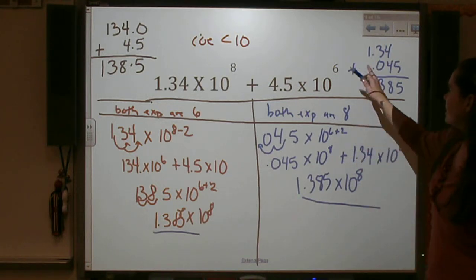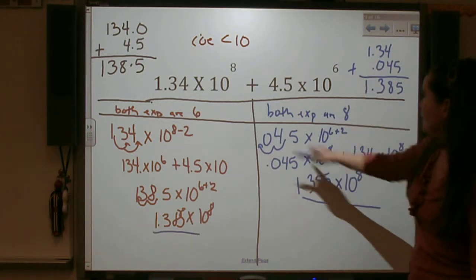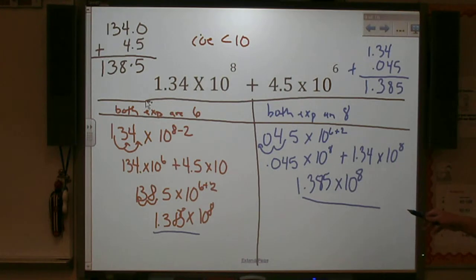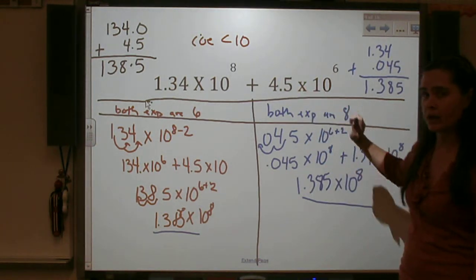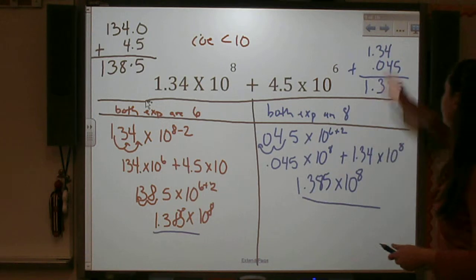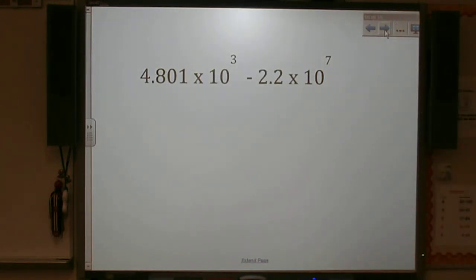This is why it's typically a good idea to use the higher exponent. So for the next examples, I will pick the higher exponent in each example, therefore manipulating the number that has the smaller exponent to bring it up to the higher exponent. All right, our next example is